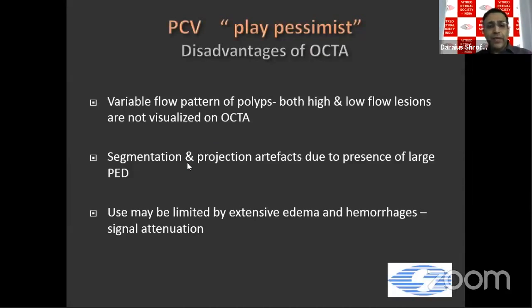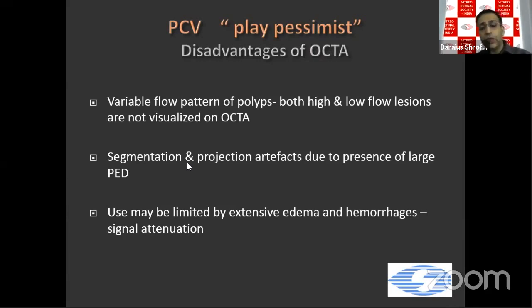So we move on to PCV. Now, in the previous talk by Dr. Unni, we were told that if the flow is too high and too low, it's both a disadvantage, and if you have very, very fast flow. So this is why people used to say that in polyps, because some people felt it was turbulent, some people feel it's slow, so you may not be able to see. But I think nowadays with some of the newer instrumentation, you need to spend a lot of time, and that's when you are able to actually see the actual polyps and the BVN well on the OCTA.